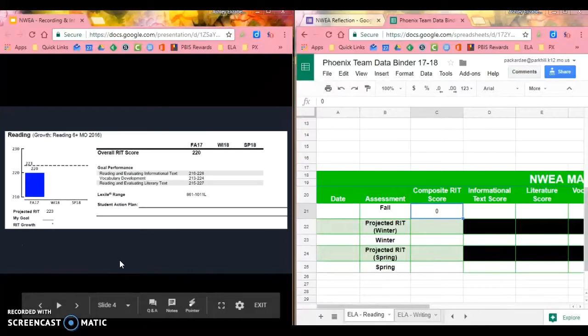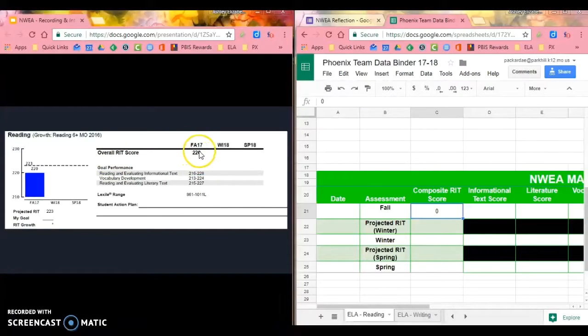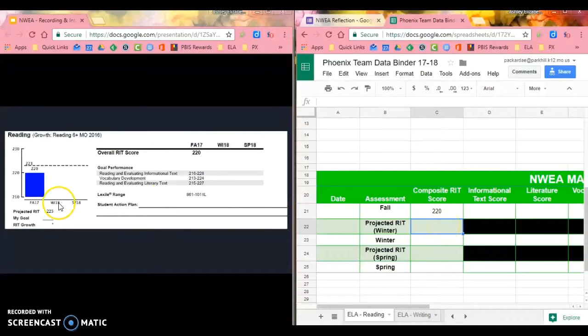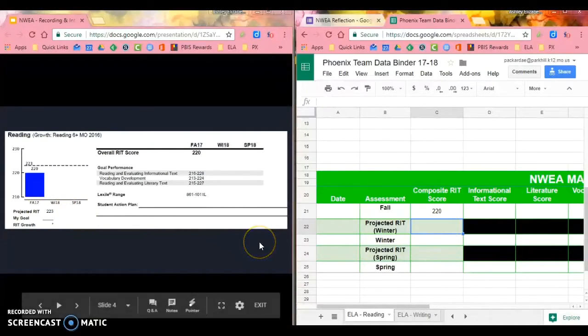Now, as we were going through this, if I'm looking at reading, on my goal setting sheet my overall, or composite, score was a 220, and so I will put that here. It also asks for my projected RIT score, and that's what's right here. So for this one, it's a 223.